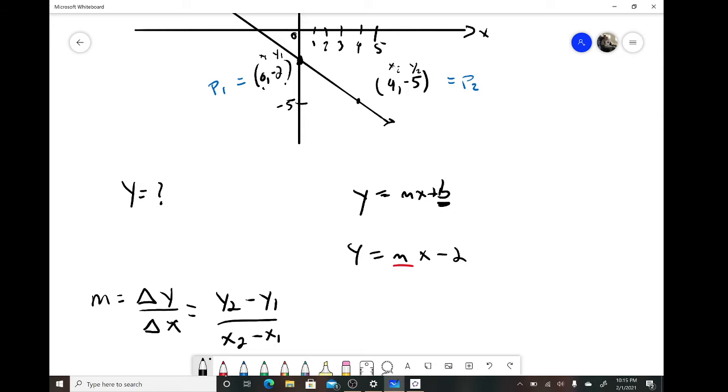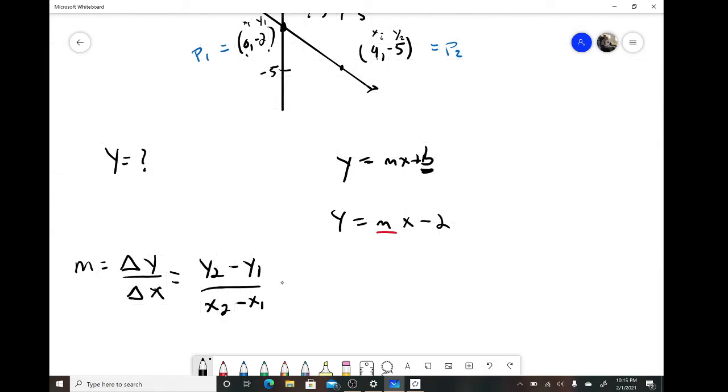You cannot mix and match. You cannot say that this is x2, but then this is y1. That's not allowed. You have to be consistent throughout. Filling in the blanks here, y2 we said was 5, so I'm going to do 5 minus, this minus comes from the formula, and then y1 is -2, so 5 minus minus 2, divided by x2, which we said was 4 up here,